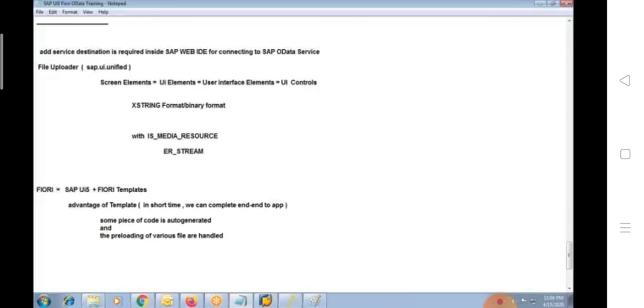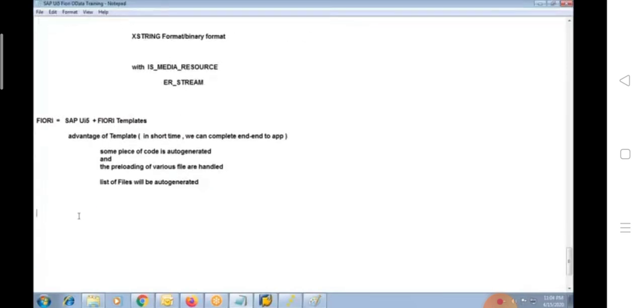So the point here is, when we use a template, the list of files which are required to run any normal functionality will be auto-generated. So the list of files which are used to run the app are also auto-generated. The runtime files are generated through the template, so you need not maintain a connection between one file and another file. The framework itself will take care of that. The template itself will take care of that.